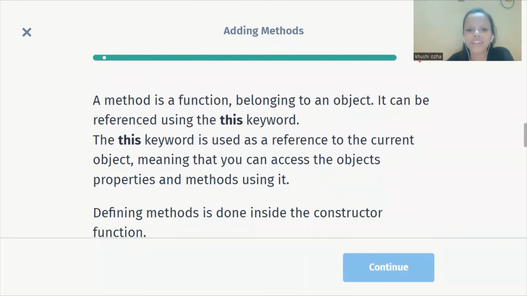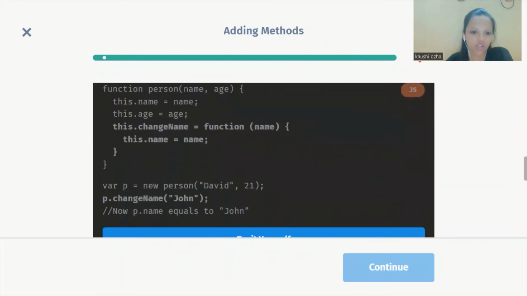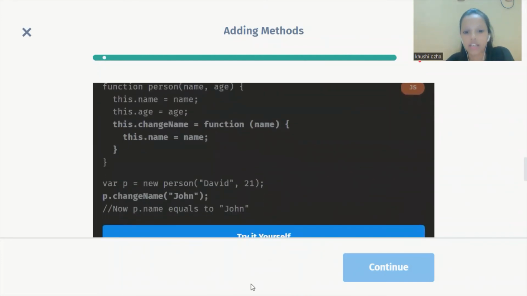Now the this keyword is used as a reference to the current object, meaning that you can access the object's properties and methods using it. And the method is defined inside the constructor function. Here you can see in this example, name and age, which were the only two parameters. Later, I have just defined another